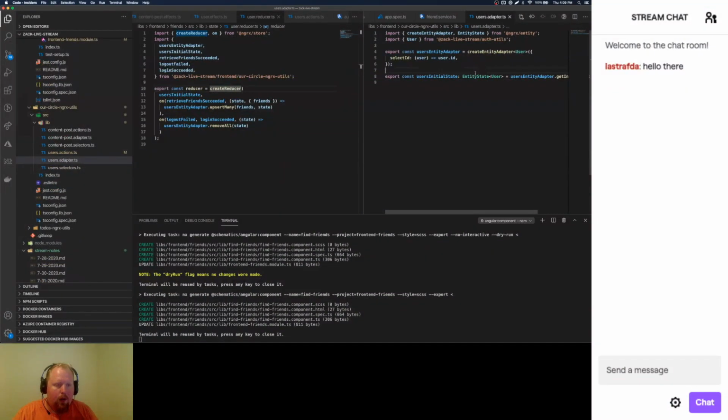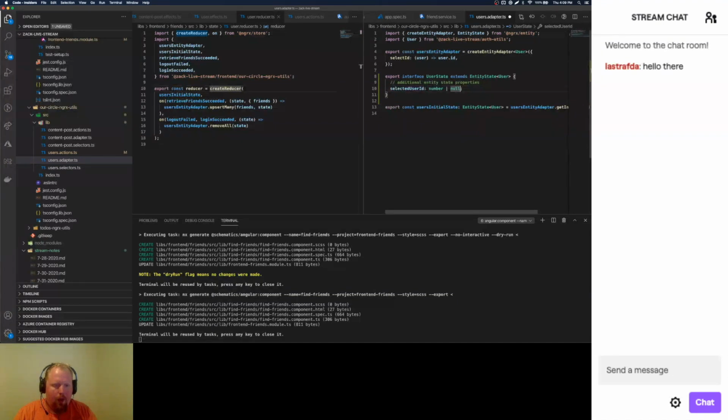And so we'll want to create the entity adapter for that, and we'll say export interface user state extends entity state of user,